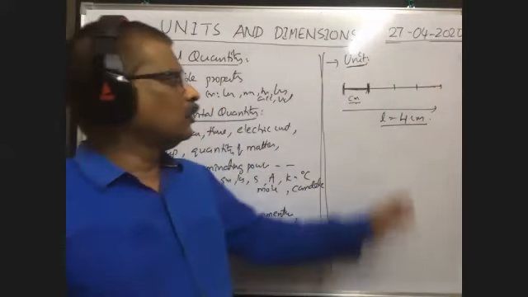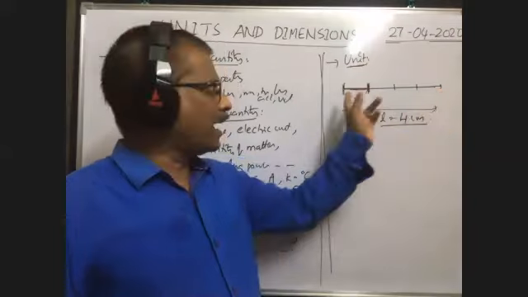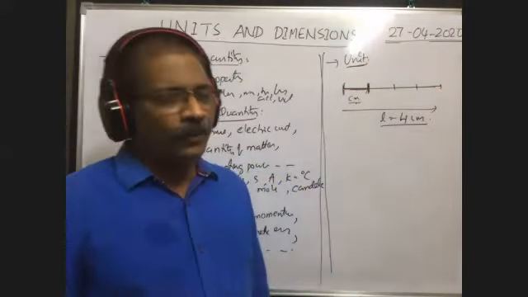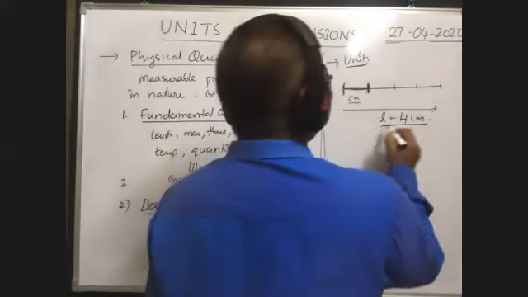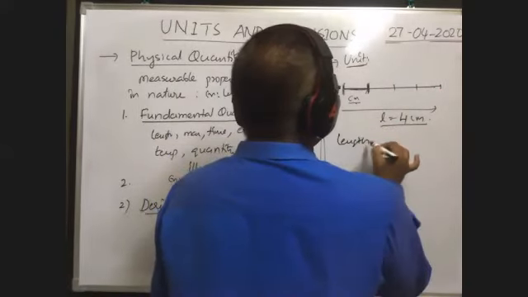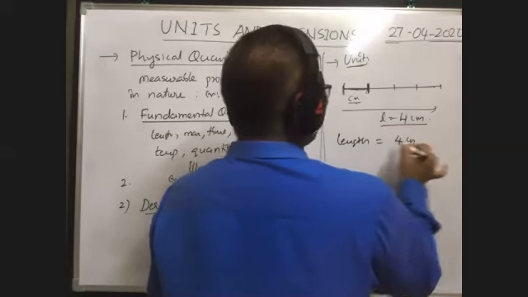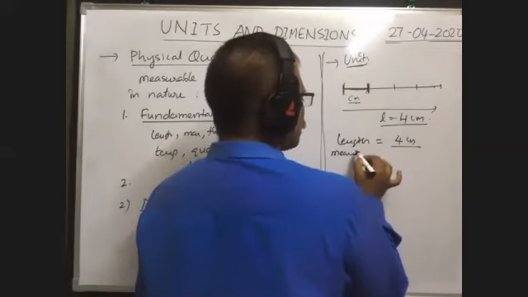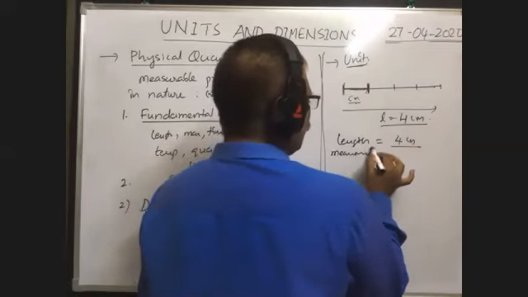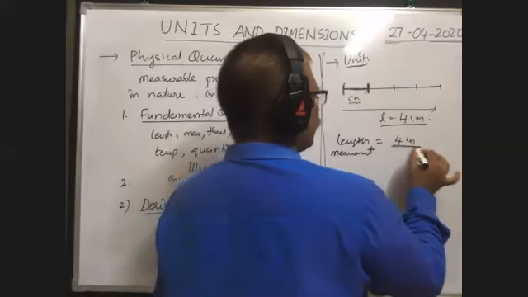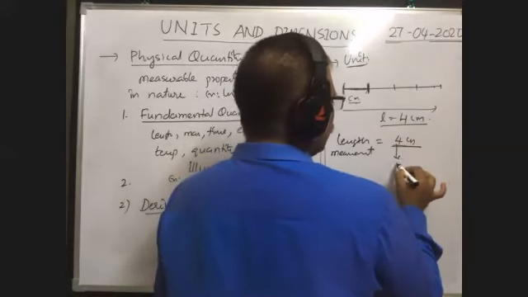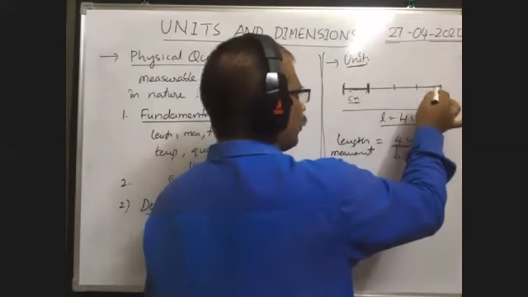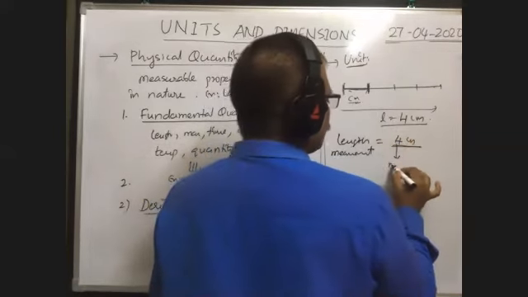In this way, to measure any physical quantity, the standard of the same quantity is essential, which is called the unit. Now the length of the wire is measured as length equal to 4 centimeter. Here, length is the physical quantity which is measured. It is the measurement. So length measurement is equal to 4 centimeter, in which 4 is how many times the standard quantity or unit is contained in the given quantity, that is the number. So it is called magnitude.